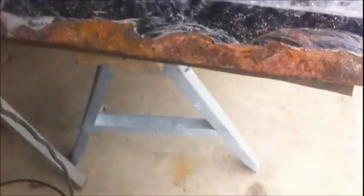We got a bunch of surface rust here. All I've done was flake the paint off with that paint scraper, and then I DA'd up here. I was just playing with my DA sander for the first time. I got the pads and stuff, so I was just playing. It's not smooth by any means. I still got